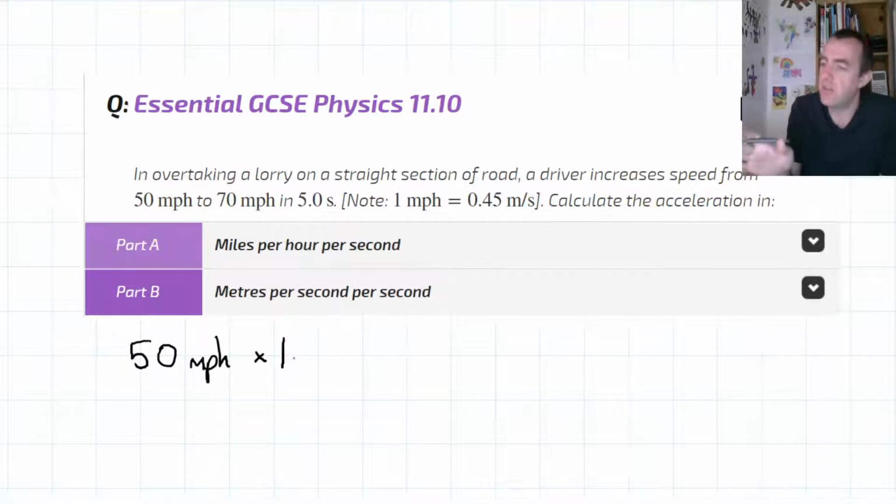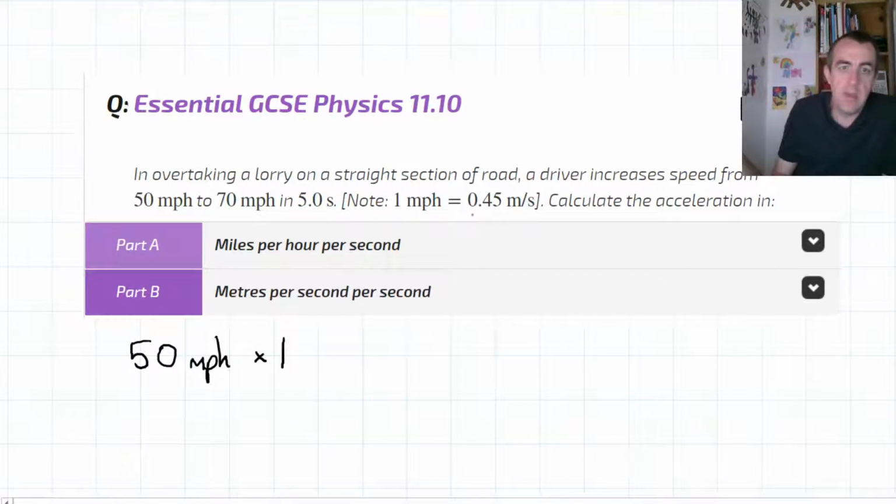Multiply that by 1, it doesn't change. The number 1 doesn't have a unit. The number 1 doesn't have any dimensions. It doesn't represent a distance or a time or a mass or anything like that. It's just the number 1. Multiplying anything by the number 1 doesn't change what you're multiplying. Now, it's also true that the number 1 is what you get when you divide something by itself. 5 divided by 5 is 1. 10 divided by 10 is 1, and so on.